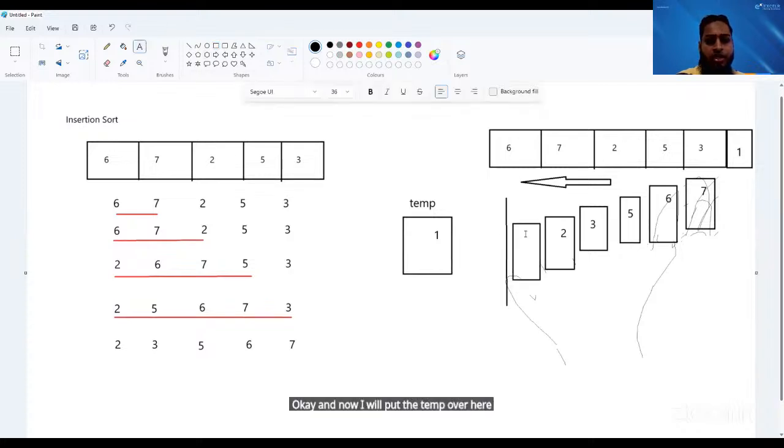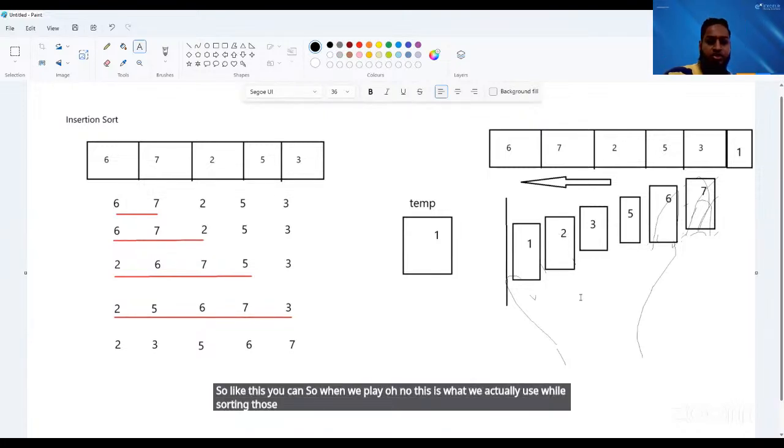So like this you can. So when we play Uno, this is what we actually use while sorting those cards. We use insertion sort. Okay. So now let me try to write a